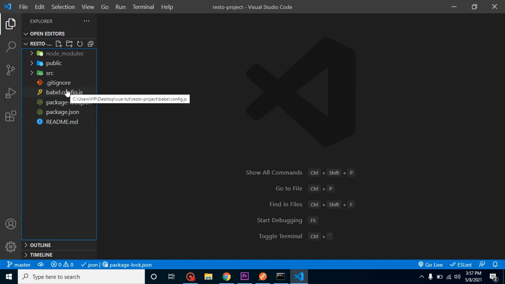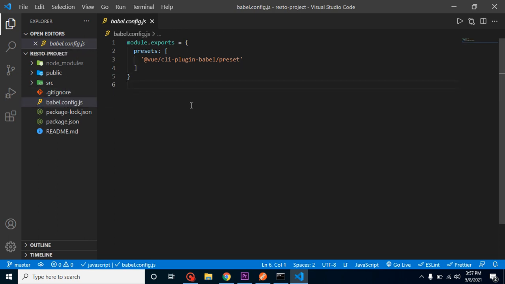Let's talk about babel.config. As I told you, Babel is used to make your project compatible with the browser. Sometimes we write ECMAScript 6, 7, 8 and other versions of code, but the browser may not understand this code. Chrome can understand, Firefox can understand, but maybe some older browsers cannot understand this code, right? At that time Babel will convert this code to basic code so that the browser can understand it. So we can add some of this kind of configuration here. Also, if we have more than one package, then we can handle it here.